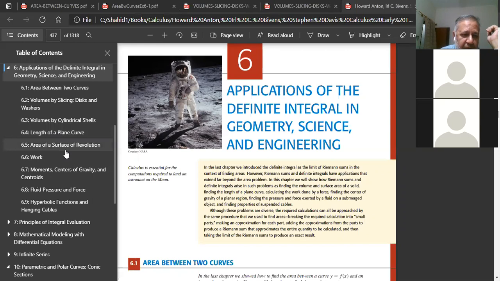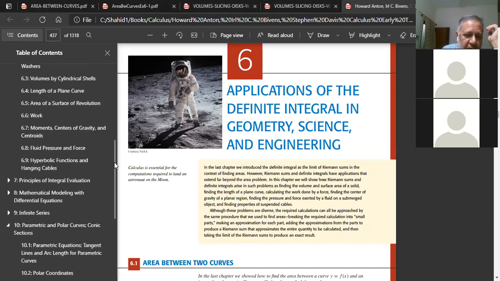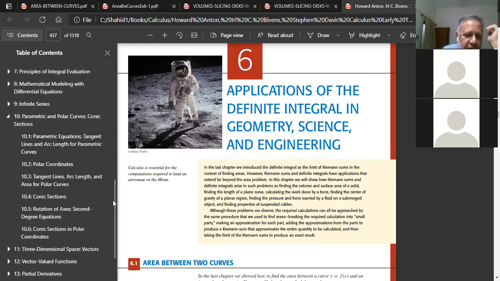and some part area of surface of revolution. This I will cover in chapter 6, and in chapter 10,